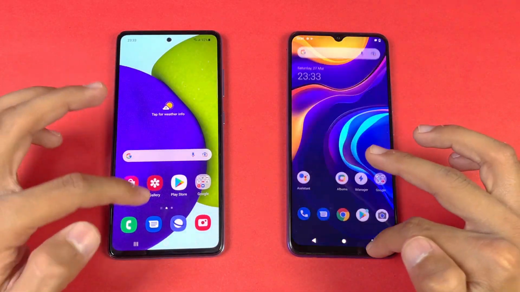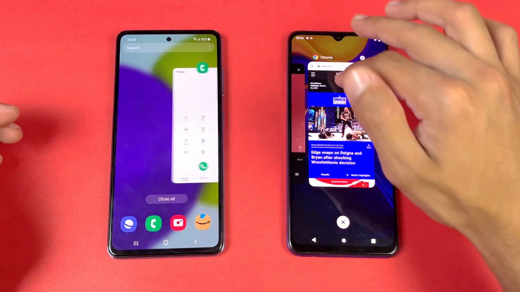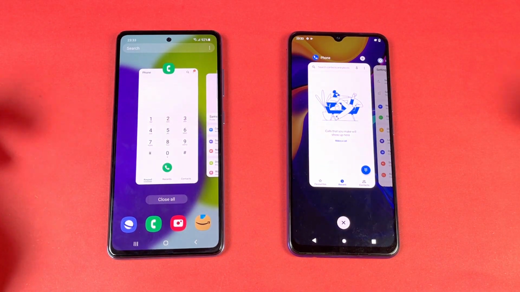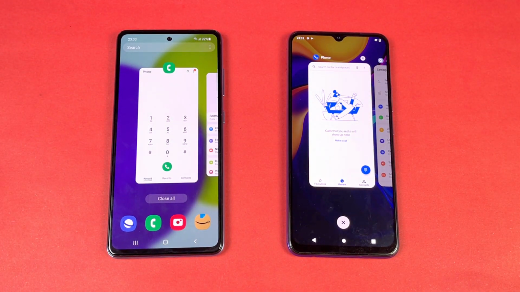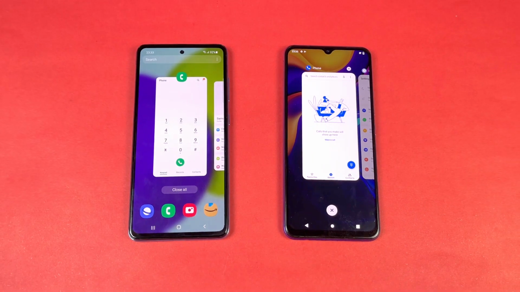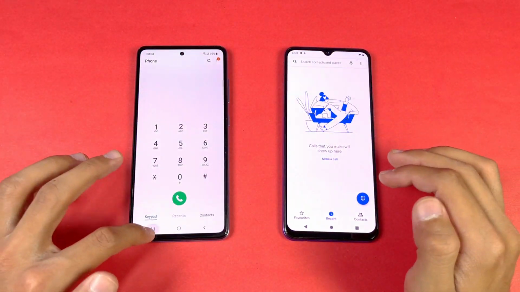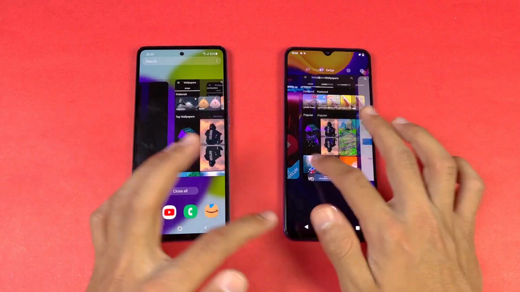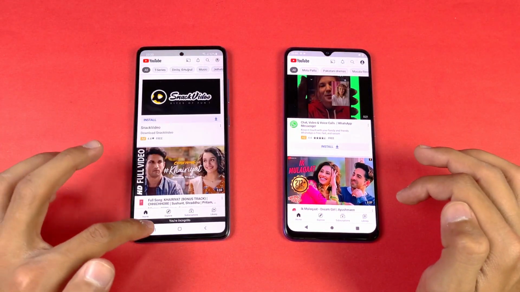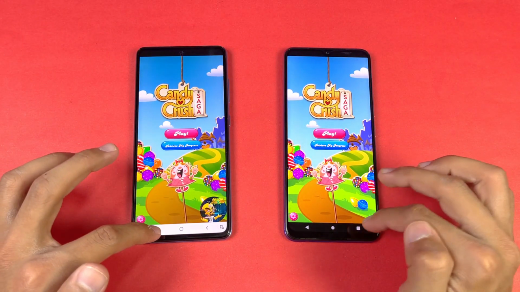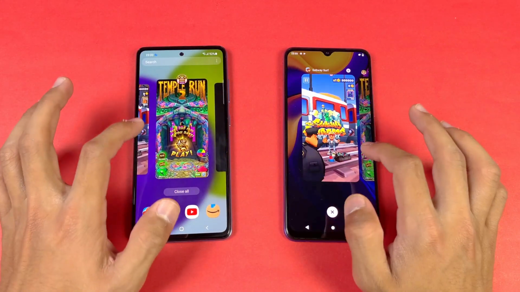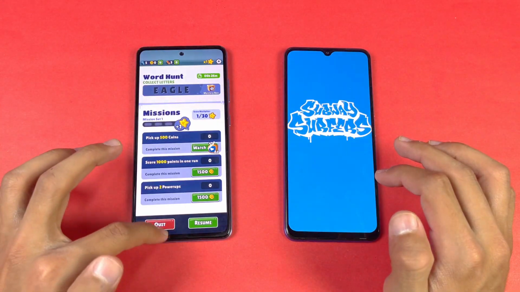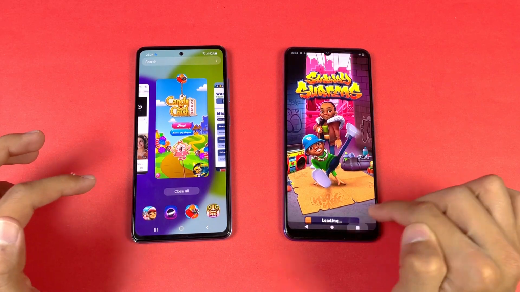So guys, now let's see the RAM measurement on both phones, and both phones have 8GB of RAM. Now let's see who performed better in terms of RAM measurement. Phone dialer, no refresh. Let's see settings, no refresh. YouTube, let's see Candy Crush Saga. Subway Surfer, that got a refresh on the Vivo V20.